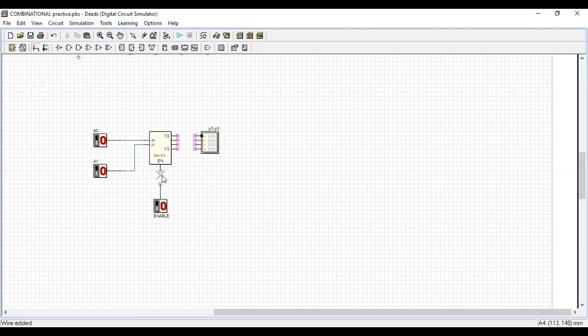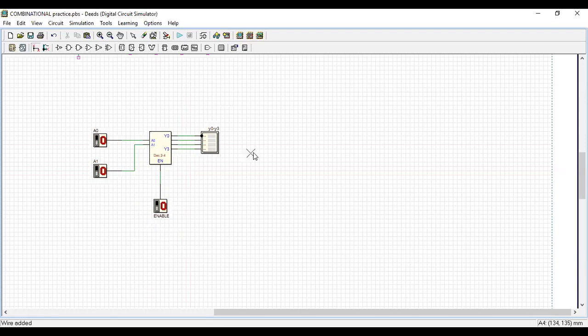Okay, this is tied. And see, enable. This IC itself has an enable input. If the enable input is one, then that IC will be selected. If you study the continuation of this in the microprocessor, microcontroller and so on, you will have so many memory locations. Which memory location you want to select is decided by the decoder. So at that time, this enable will be very useful.